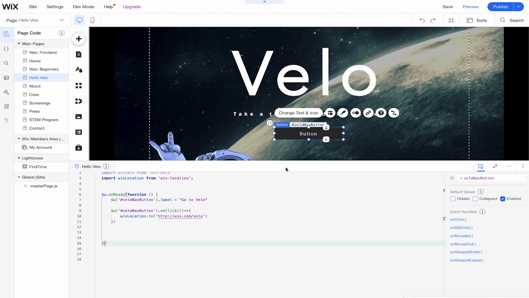So using query is going to help you query through this collection, and you can even combine it with Wix data to filter the collection and give you the results you're looking for. So for this lesson, I'm just going to show you how to structure this, and you can customize this functionality any way that you like.